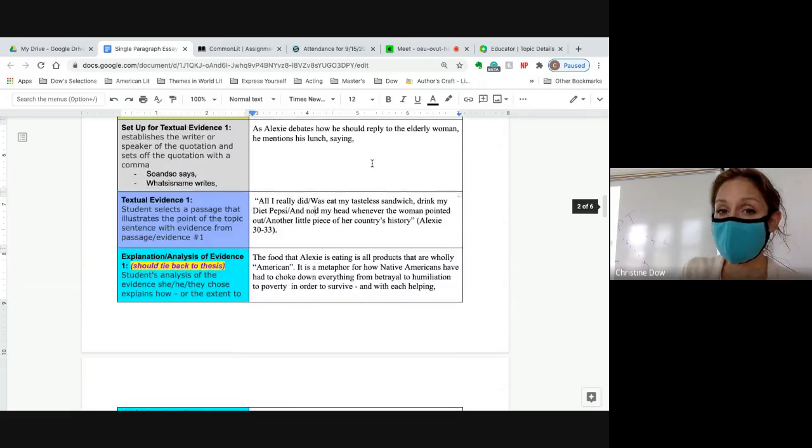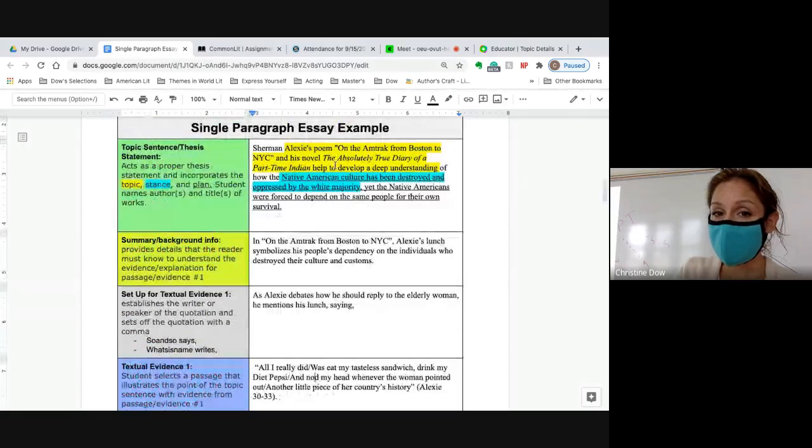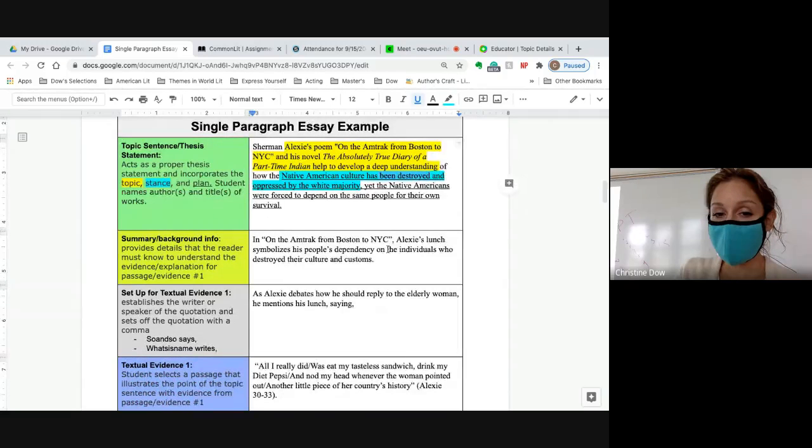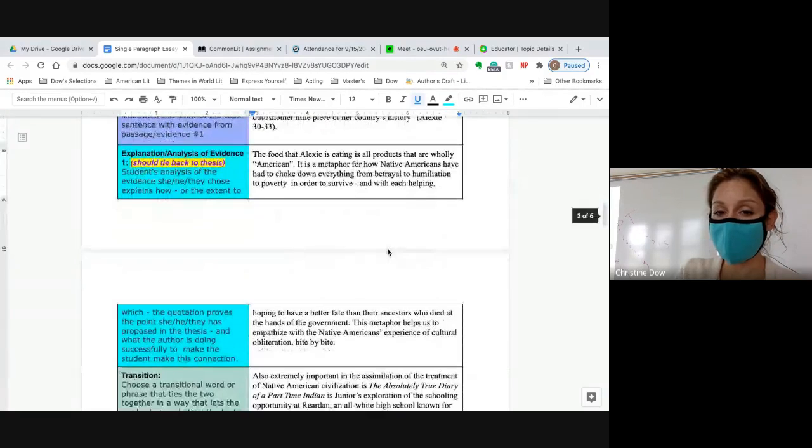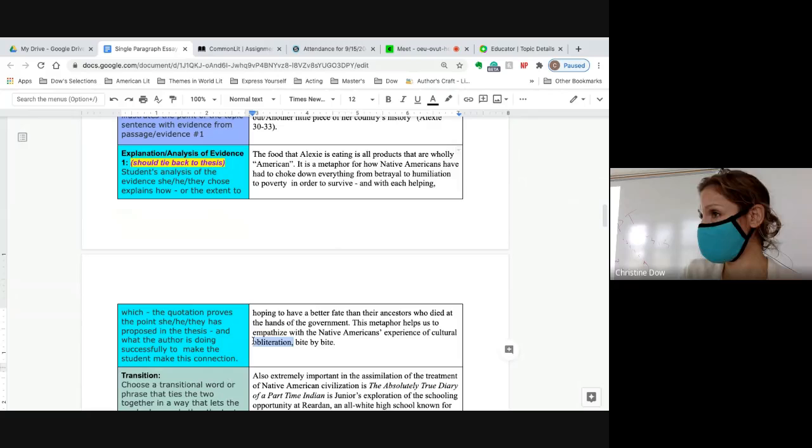And it's showing us how it proves the thesis. If we go back up to the thesis statement, it literally says has been destroyed, right? What's a synonym for destroyed that we can find in here? Obliteration. Destroy, obliterate. They'll be on the same page in the thesaurus, right?